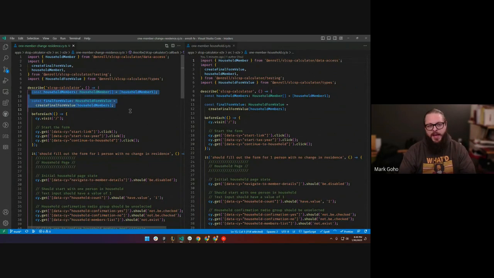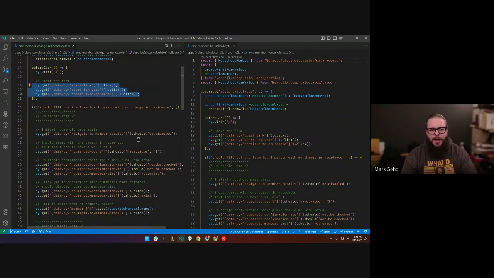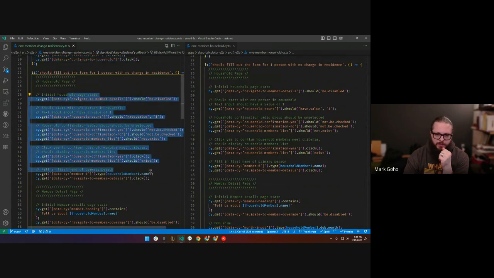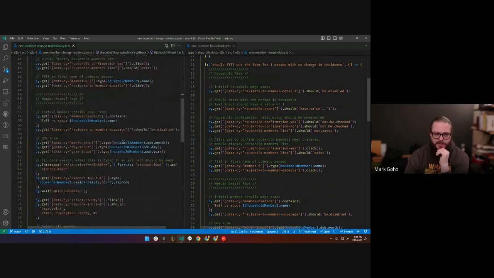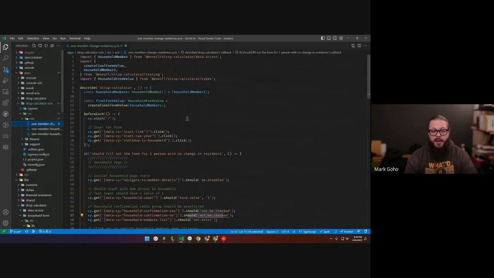Well, we've got some tests set up in both. We've got some initial navigation. And then we start to have these page by page flows. So, some assertions, check this checkbox, enter in this name, enter in some details. So right off the bat, what I definitely want to do